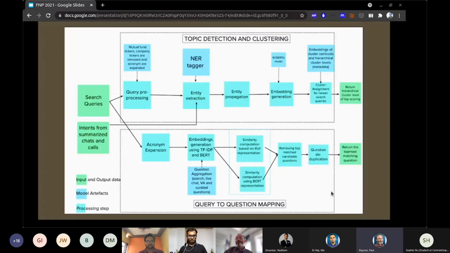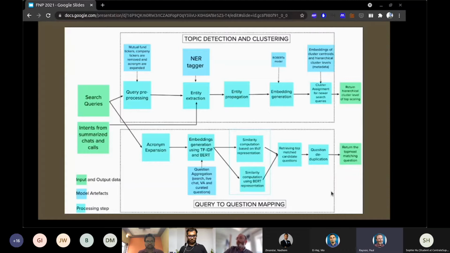Let's understand the whole process by means of this flowchart. For the first part, we take search queries and pre-process them by removing the ones which have mutual fund or stock tickers. We then expand the acronyms. After that, we create a combined list of clean search queries with intents from chats and calls.